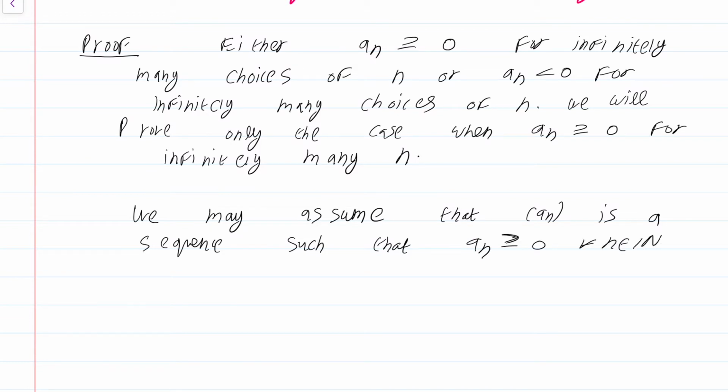What have I done here? Well, again, remember what we are trying to prove. We are given some arbitrary sequence a_n. We don't know its behavior. It could be the case that infinitely many terms are positive or infinitely many terms are negative. One of these definitely has to happen. I am going to prove it only for those sequences that have a_n greater than or equal to 0 for all n in N. Why am I done if I do it only for these sequences?